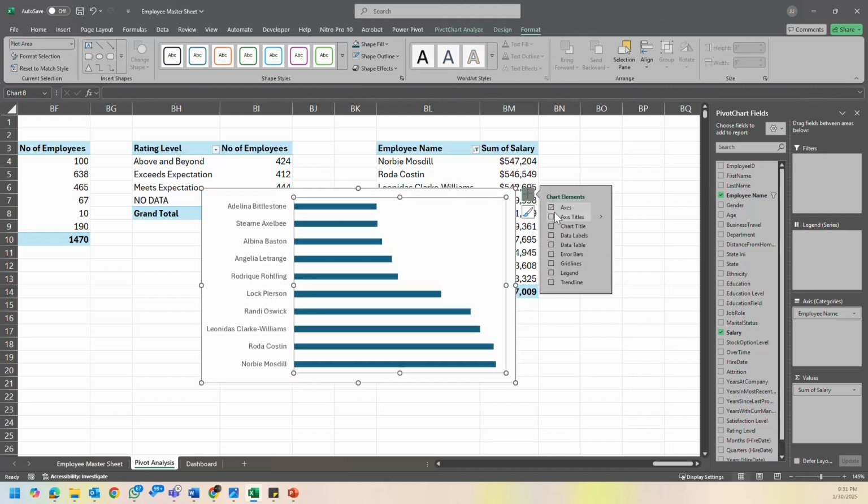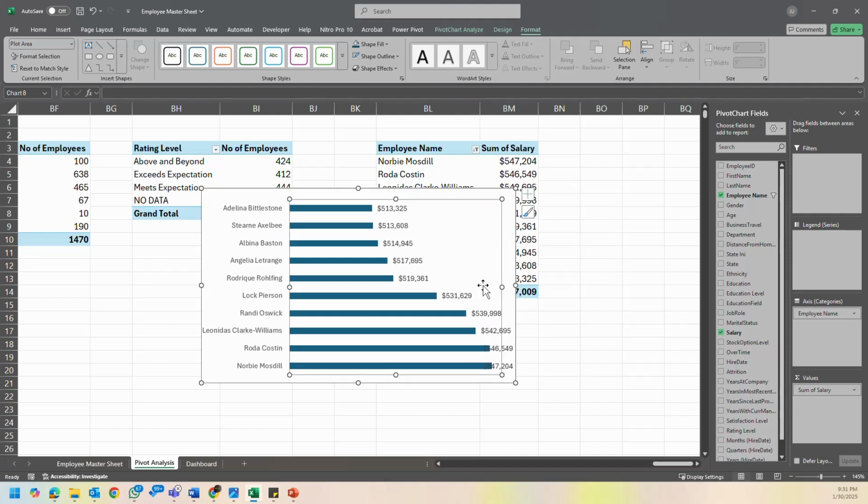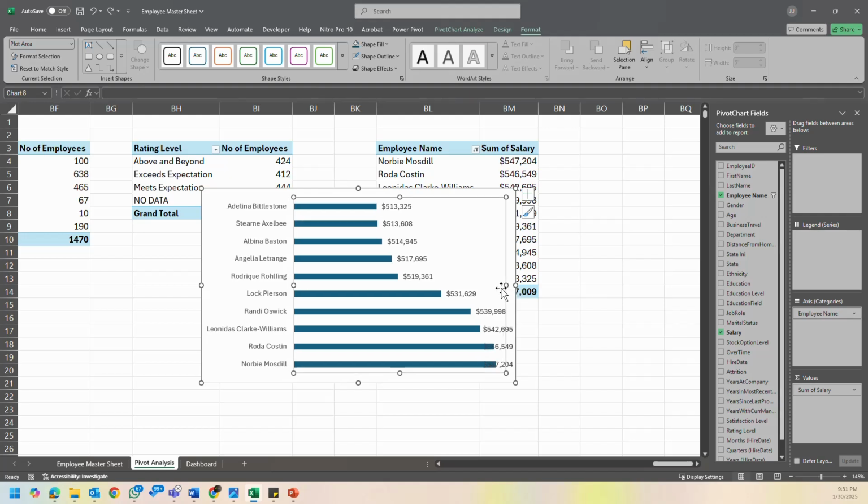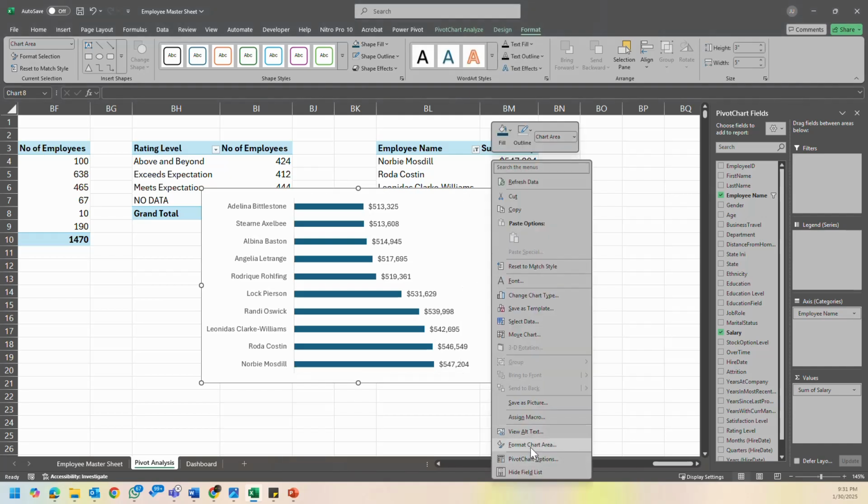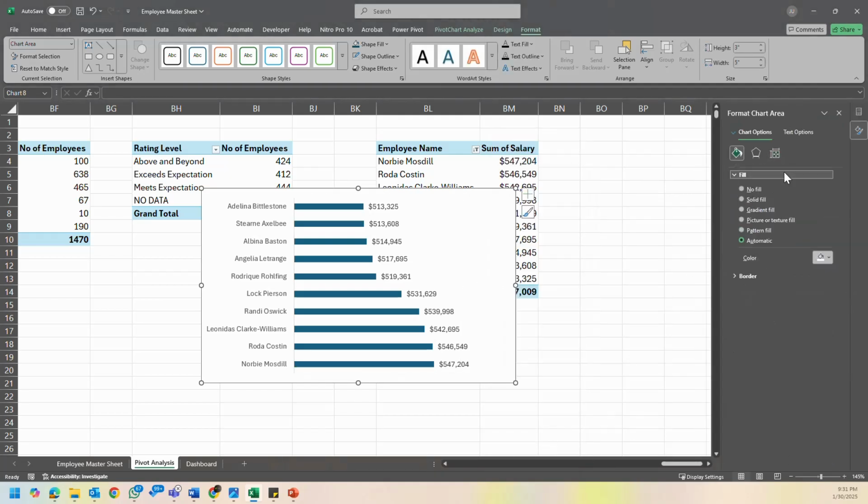I'm going to insert the labels and reduce this so that the labels can show better here. And then I'm going to go to this, select this,